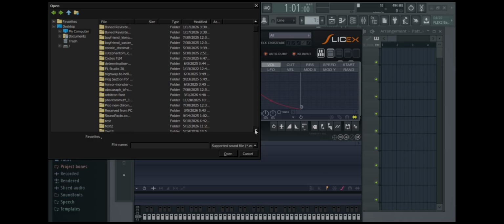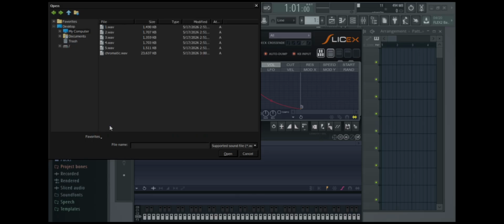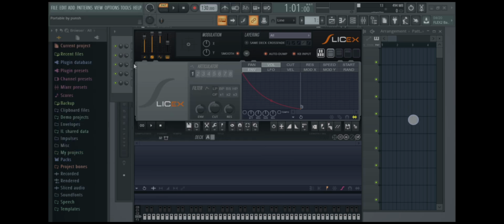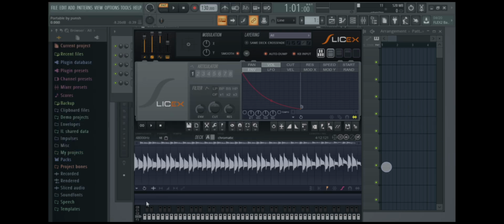Now, what you're going to do is continue to do this, and then find the folder that your stuff is in. And now you open your Chromatic. Next, you're going to go to here, and then go to Auto Slice,